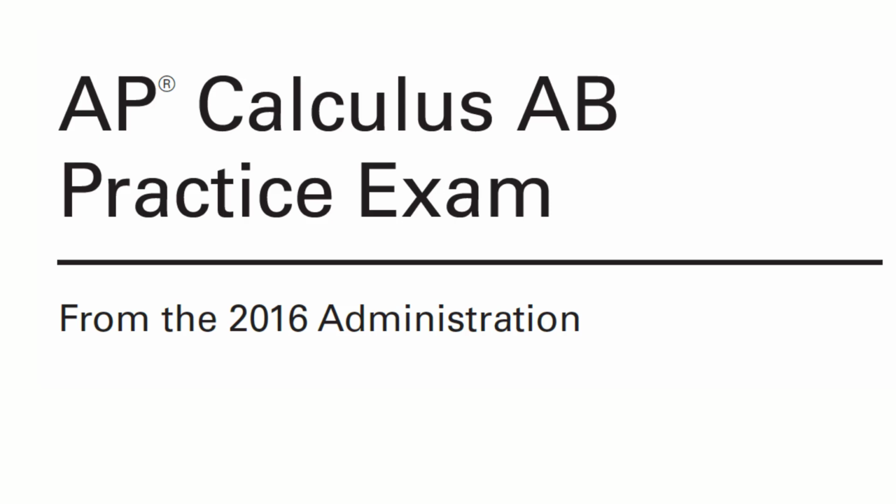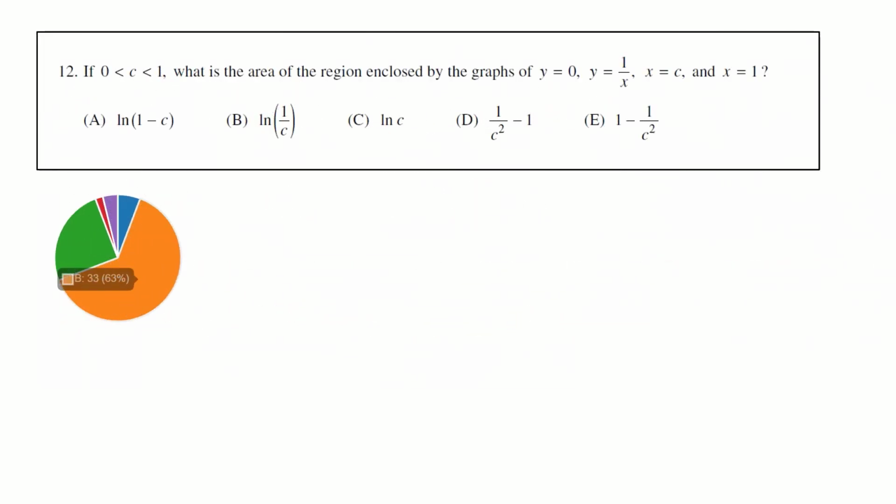For today's lesson, we are looking at some multiple choice questions from AP Calculus AB 2016. This is not so well done question. We have altogether 14 questions. This is question 12. If c is in between 0 and 1, what is the area of the region enclosed